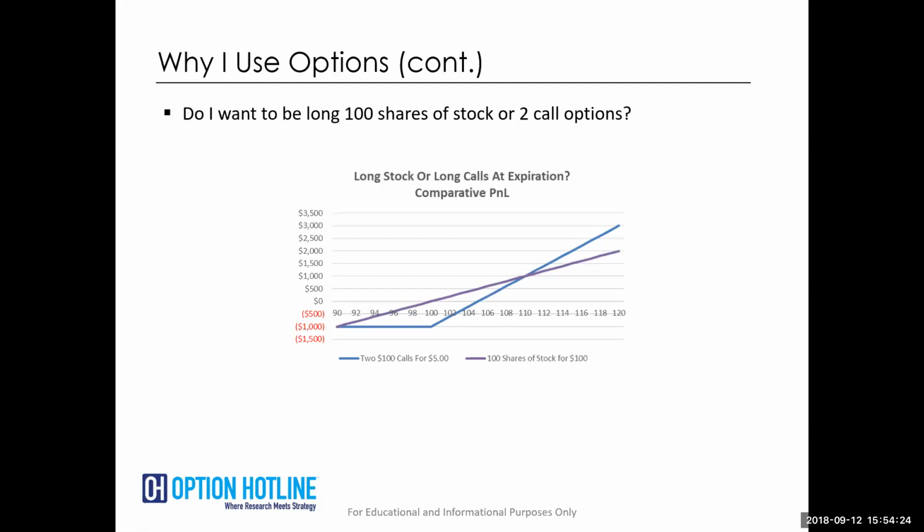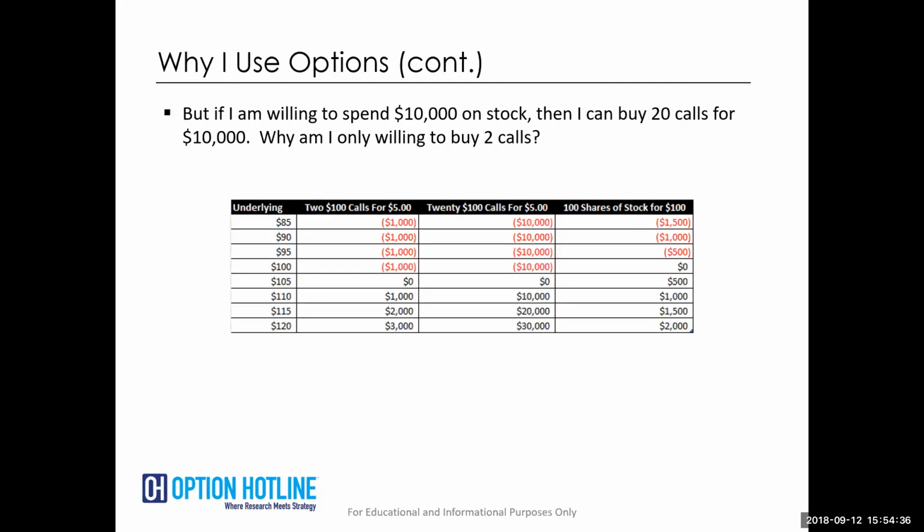So you might be telling yourself, wow, I want to buy calls every time I have a swing trade. And I want to do it in size. I'm going to make more money this way. You know what? I'm going to just use the account. Well, that's wrong. And I'm going to remind you guys again why I only do 2 calls, not the full account. So if I had $10,000 worth of stock, why shouldn't I buy $10,000 worth of calls? This is a mistake I see people make all the time. It is a deadly mistake to make for your account.